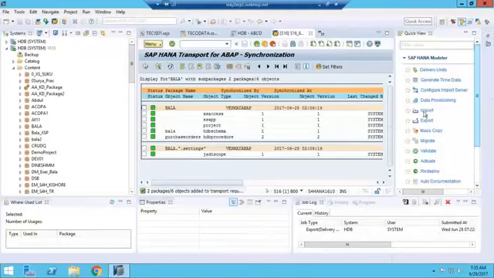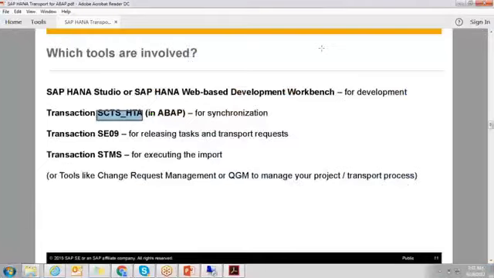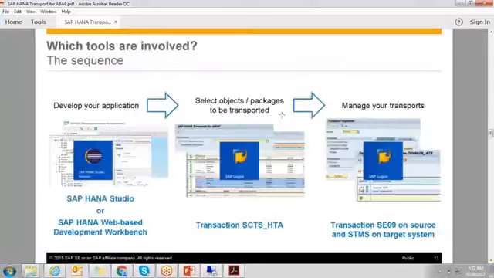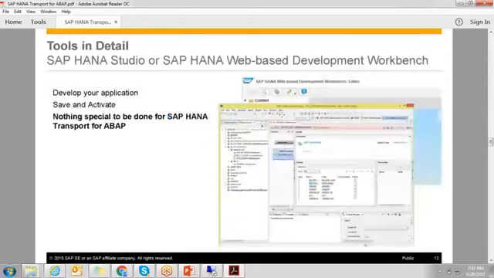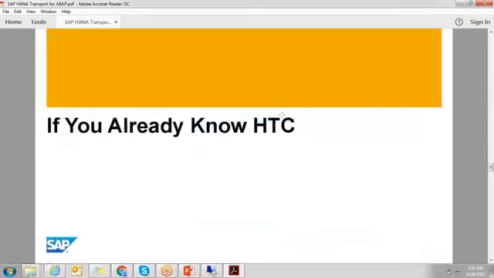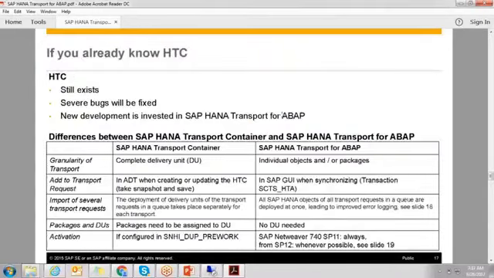Clear? Okay, create an object in HANA Studio, and the object is transported to the package. From the package we will release through SE01 or SE09 this way. HDC, HANA transport container, we already discussed that.